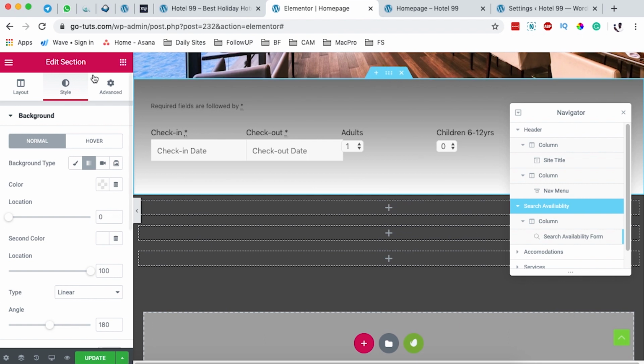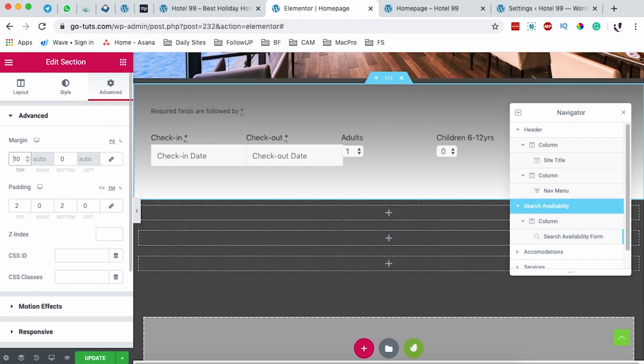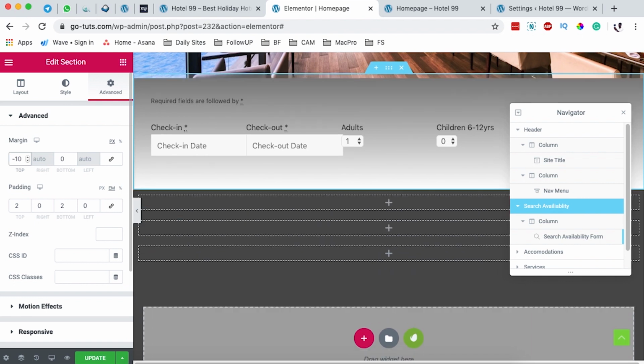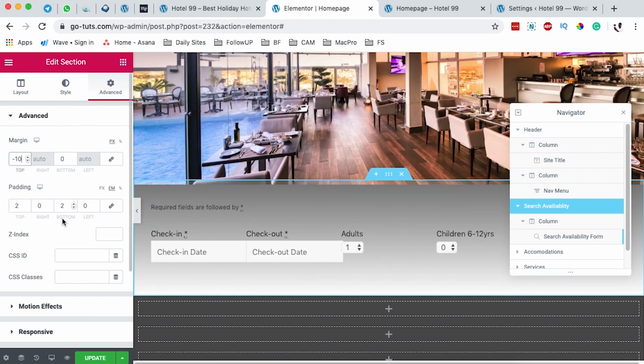I'll select the section, come to advanced, and I'm going to move this section a little bit up. I'm going to unlink the margins and come over here to the top option. I'll add a 10 and a negative. Now that means I'm moving this section a little bit into the upper section. So I'm going to basically move it further,